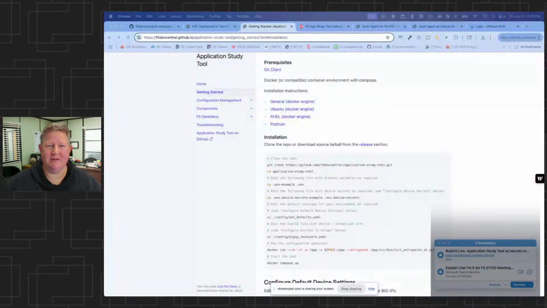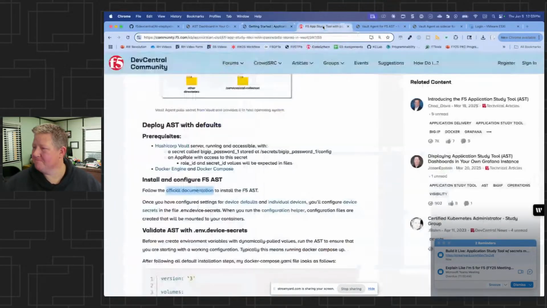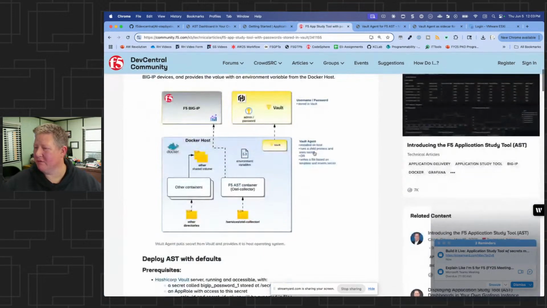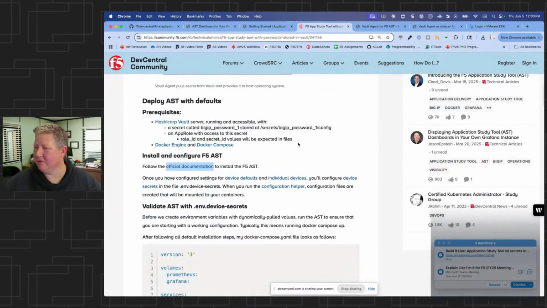But we can go ahead and get started. Let me share this out. So this is what we're going to build first, building out AST as is. If we go to Michael O'Leary's article here, the first thing we're going to do is just get it built with defaults. And there are some prerequisites here: that we have a HashiCorp Vault server running and accessible,